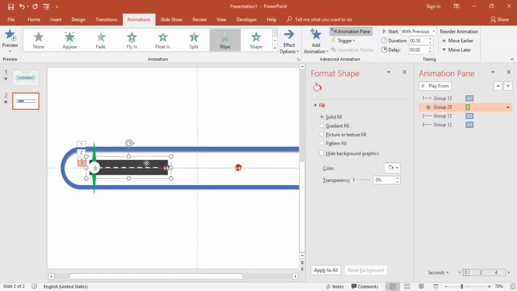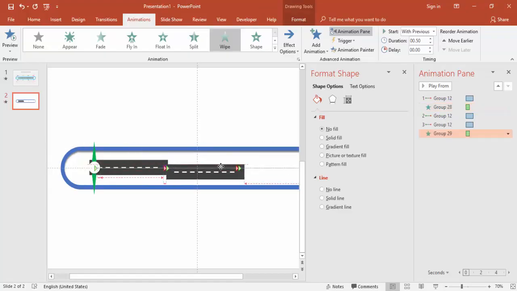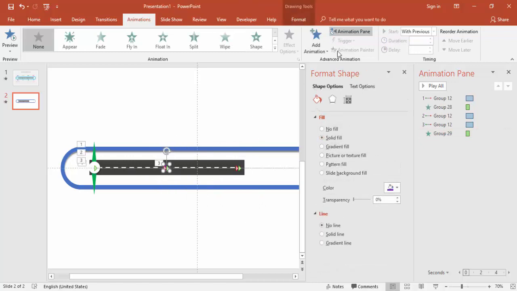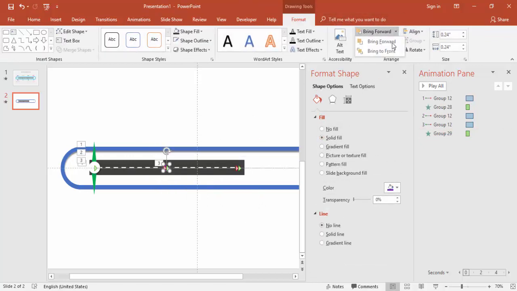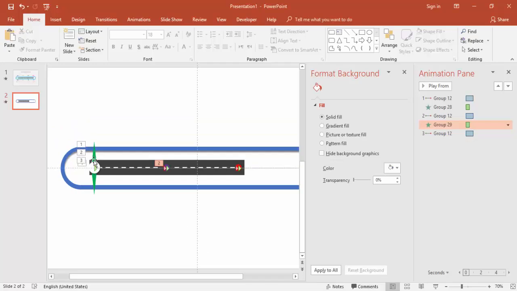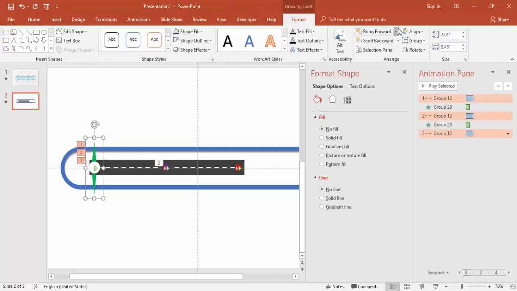Now I'm just going to copy the road till here, and this also bring to front, and this also bring to front, and I will bring this to the next, just below the second needle animation. So my first, and this is second, so this also I'll say bring to front,